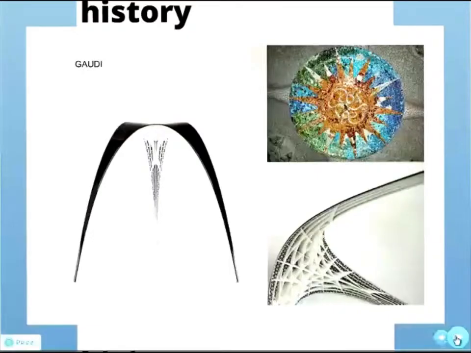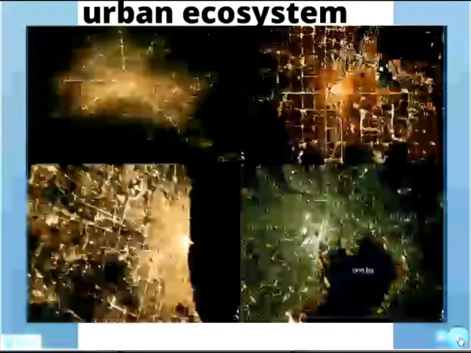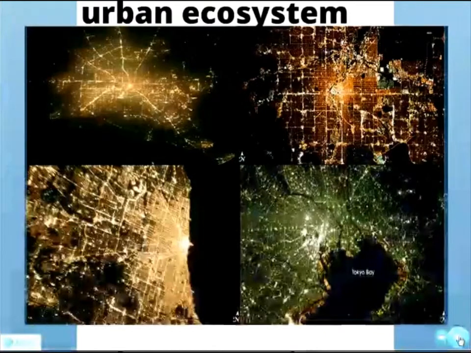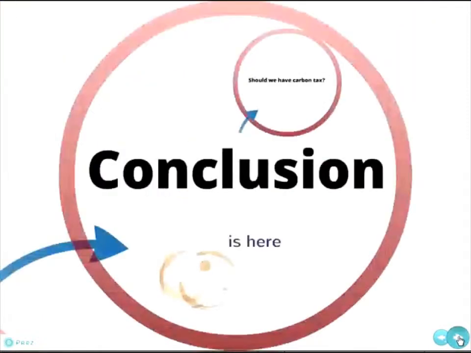And then I'll talk a little bit about the history between architecture and nature and the development of cities. And then I move into what I'm going to describe as an integral system. What all that means to us, and how can we develop a system that would imitate what's happening in nature. And then I'll talk about urban ecosystems as this relates to one of your research questions. And we'll finish after this.